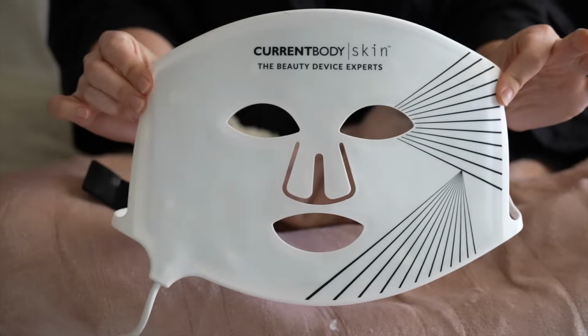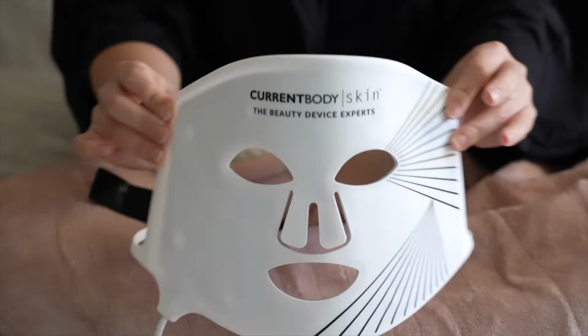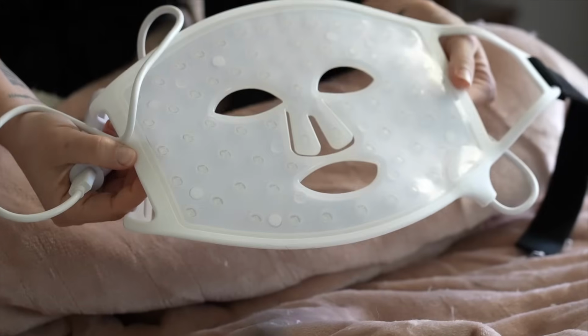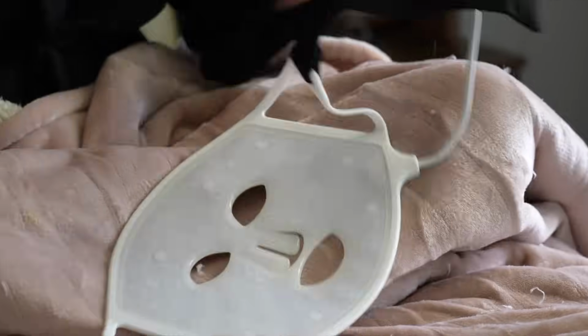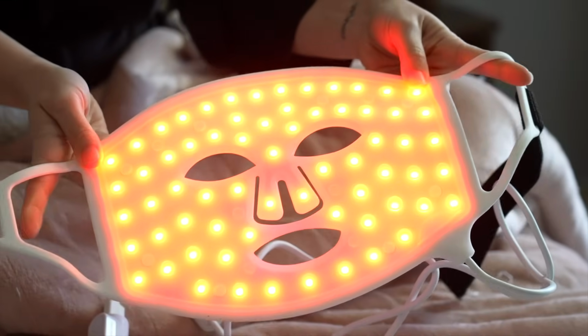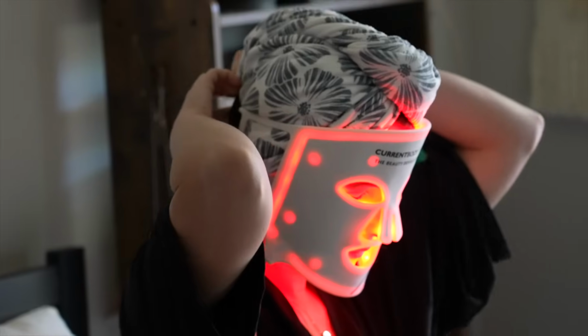After I wash my face, on clean skin, I'm going to do some red light therapy. Current Body Skin sent me this red light LED mask, and I was so excited because I used to have an LED mask before I moved, and I used to use it all the time, but I couldn't bring everything with me, and there's some things that I've been wanting to replenish since moving here, and I'm just so happy to have one again because LED red light really does make such a difference in the skin,